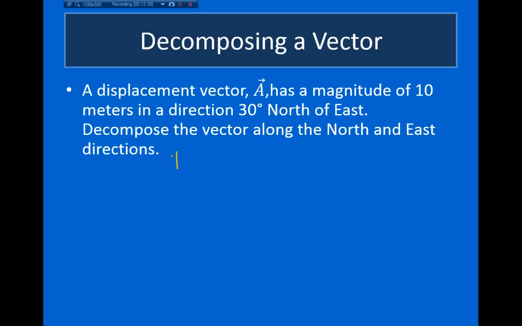So if I say this is north and this is east, here we have a vector that's 10 meters and a direction that's 30 degrees north of east. Here is the east-west component of my vector. If this is A sub E, and this is A sub N for the north, I denote my vector with the east-west component first,